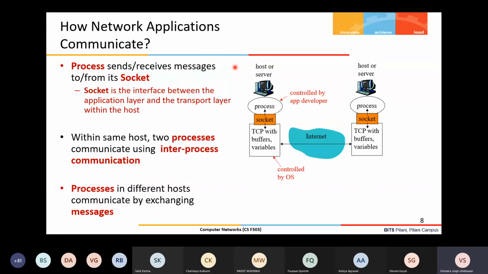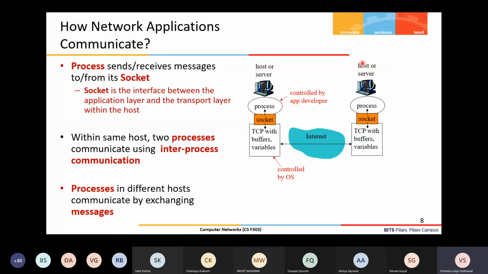Now we are going to the very important segment of today's lecture, from where you will build your understanding of how network applications actually communicate. For the communication, you see in this diagram an end host, which can be a server or a client, depending upon whether I am running the client application or the server application. Now there are two computers that want to communicate. Exactly what communicates? Applications communicate. Two computers don't communicate.